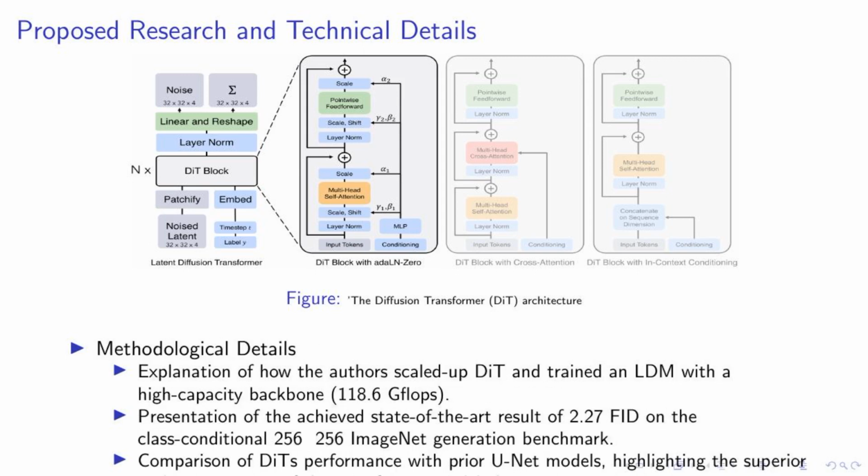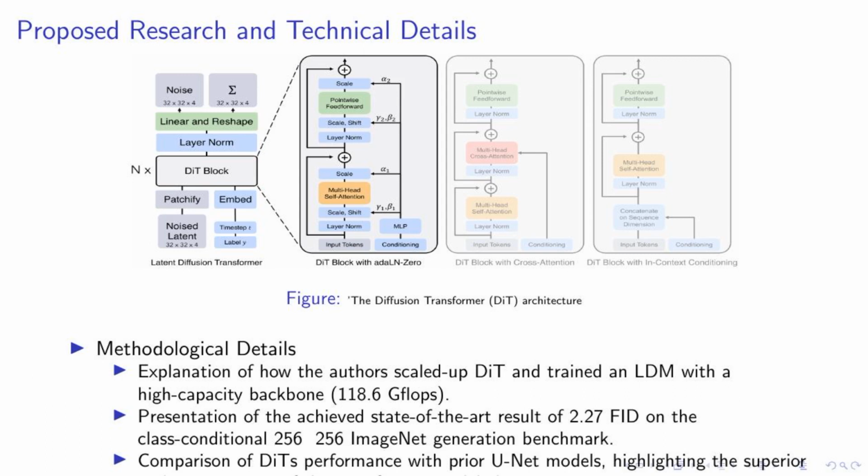Let's delve into the technical details of our research. As you can see in the figure, we present the architecture of the Diffusion Transformer, or DiT. We've scaled up DiT and trained a latent diffusion model, or LDM, with a high-capacity backbone, achieving a computational complexity of 118.6 Gflops. This approach has led us to a state-of-the-art result of 2.27 FID on the class-conditional 256 x